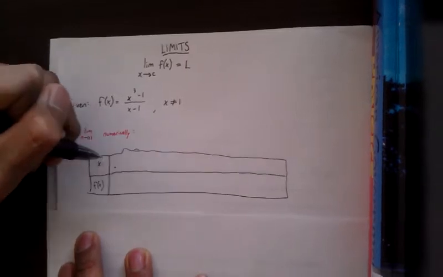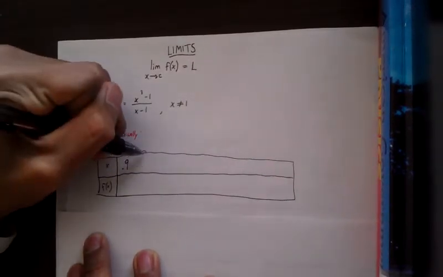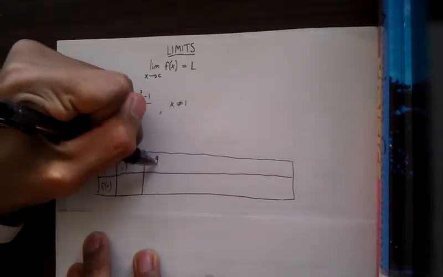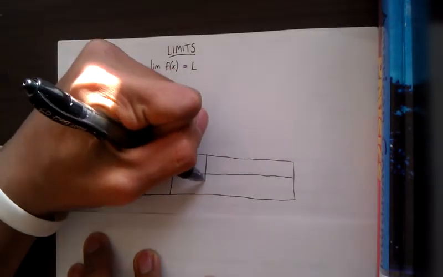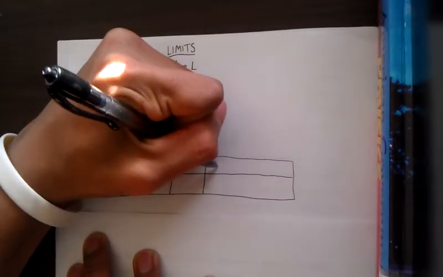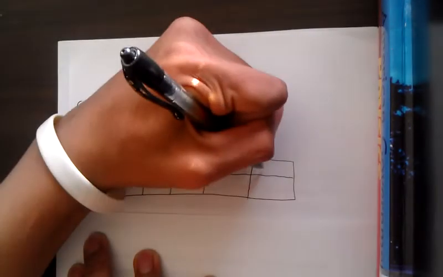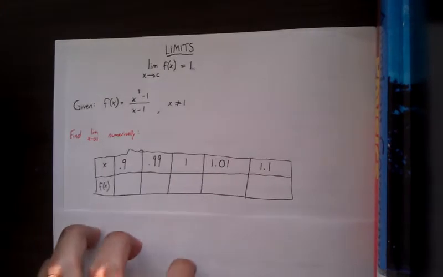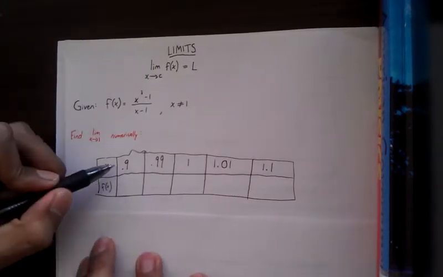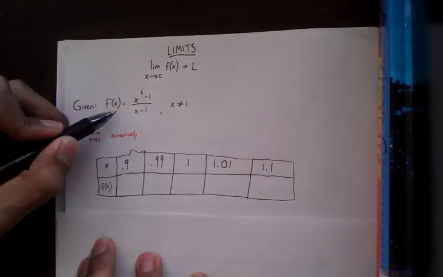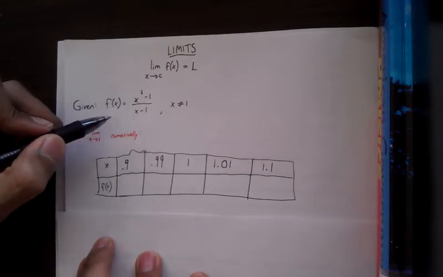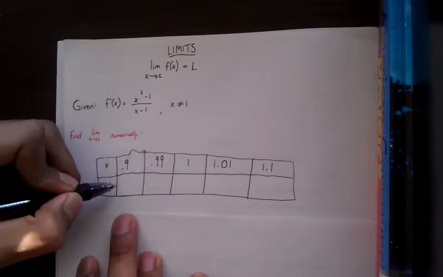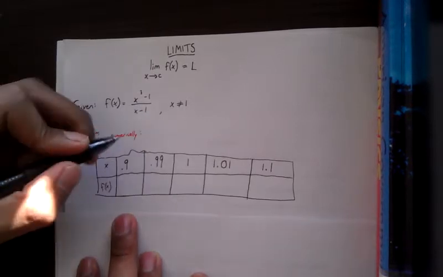So you can start with 0.9 and then maybe 0.99, and then you can have 1, 1.01, and then 1.1. And what you would do is plug these x values into the original equation using your calculator, and you would get answers coming out to